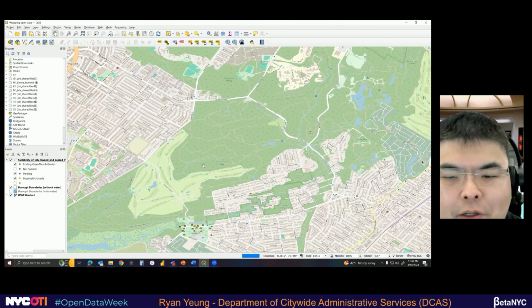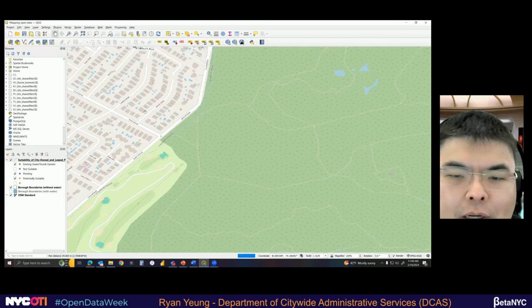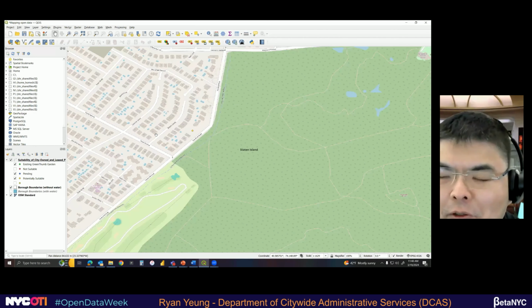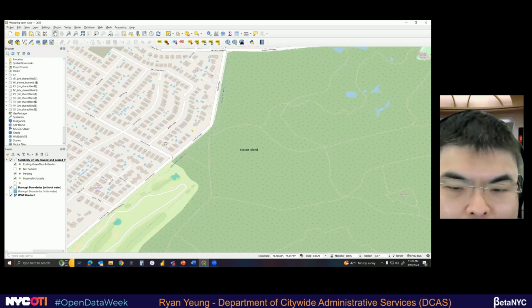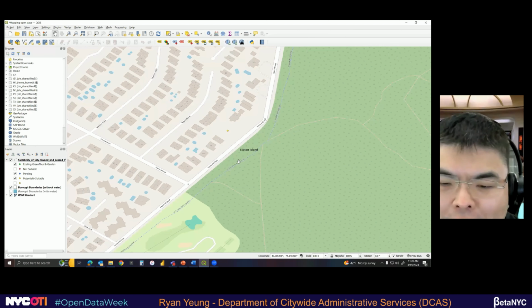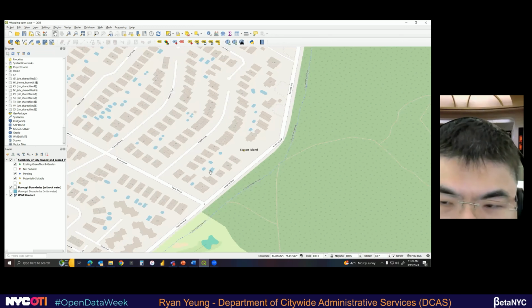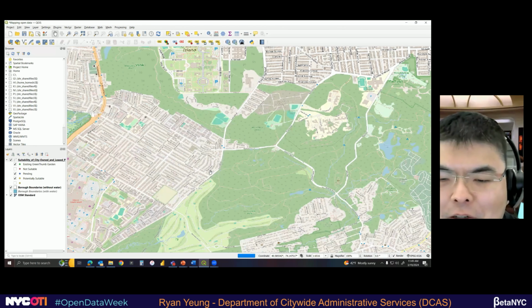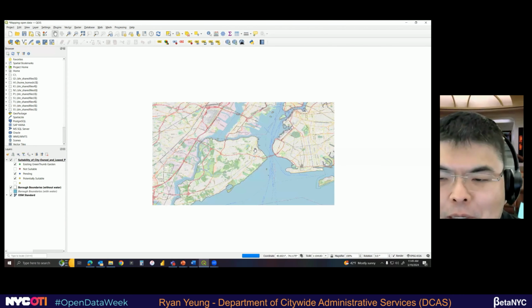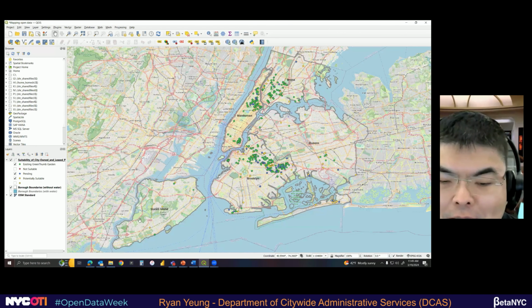Let's zoom in, let's figure out where that is. I do that, by the way, scrolling on my mouse. I have to admit, my knowledge of Staten Island geography is a bit lacking, so I don't know exactly where this is. It's on Forest Hill Road. It looks like it's next to a park, Travis Avenue. If anyone is more familiar with Staten Island geography, tell me where that is. I would be in your debt. But since Staten Island has so few and there are not that many near, that's a good place.